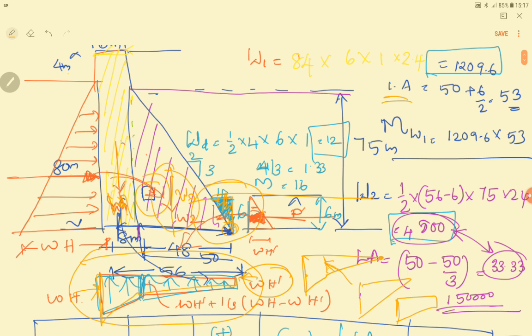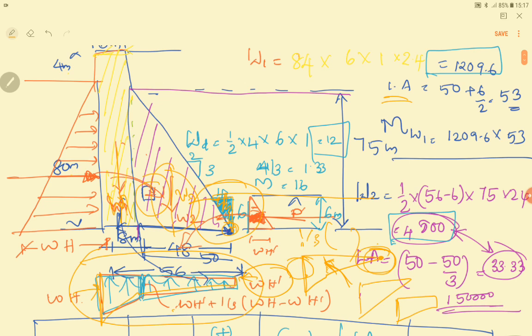So first you have to find the ordinate of this drainage gallery part. So what is the ordinate of the drainage gallery part? It is given as the ordinate at the toe part plus 1/3 of the difference between the ordinates of the toe and the heel. So 1/3 of the difference between this and this value. Okay, so that will give us the ordinate of the tip of the drainage gallery part.